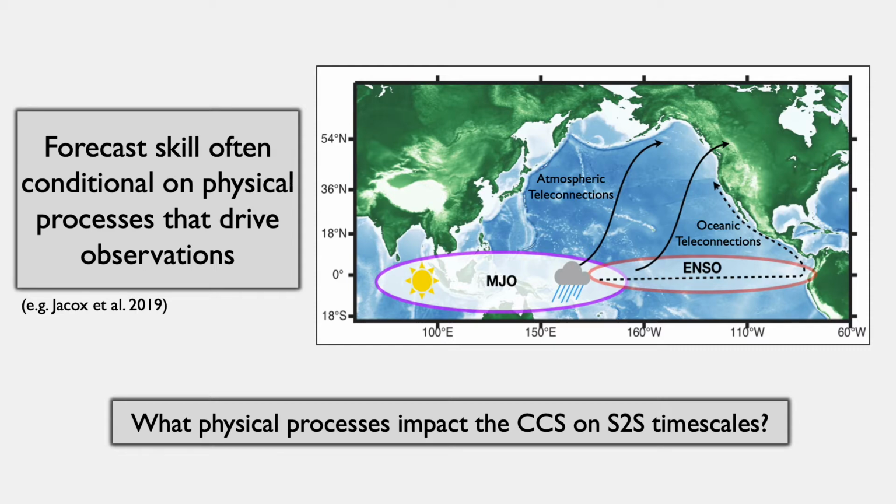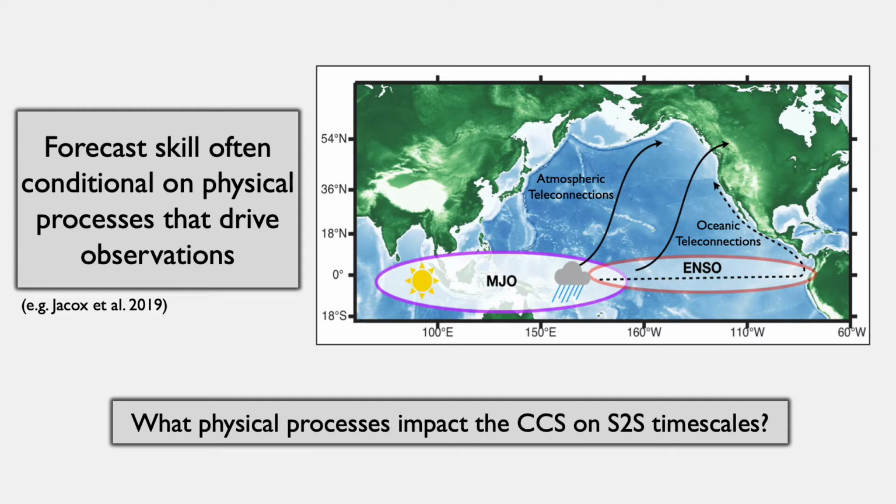So it's fair to think, what physical processes that impact the California current system are occurring on these subseasonal to seasonal timescales? Obviously one well-known physical process coming from the tropics, where we get a lot of our deterministic forecast skill, are atmospheric teleconnections associated with ENSO or the MJO, where we get large-scale deep convection in the tropics, and that drives a Rossby wave train through the atmosphere that adjusts winds along the California current system and can ultimately change ocean conditions.